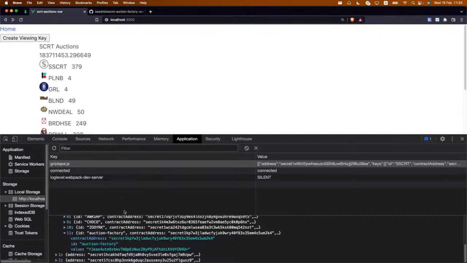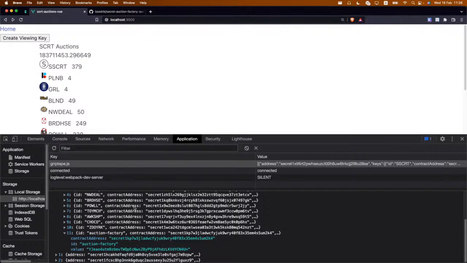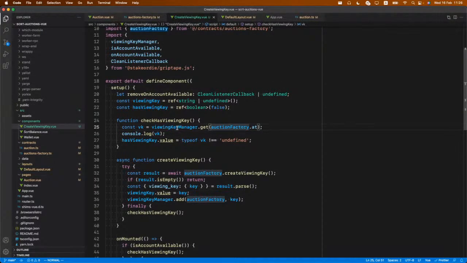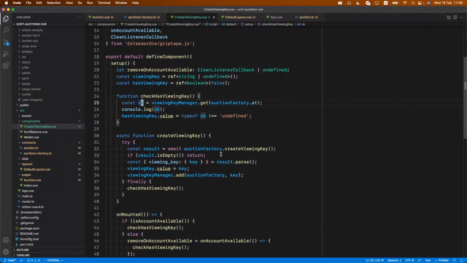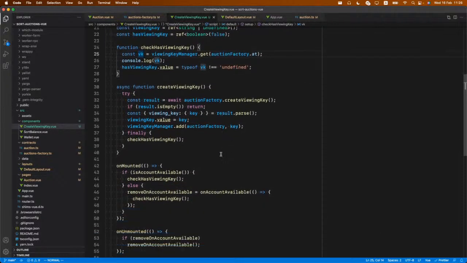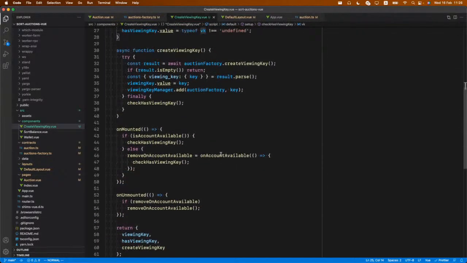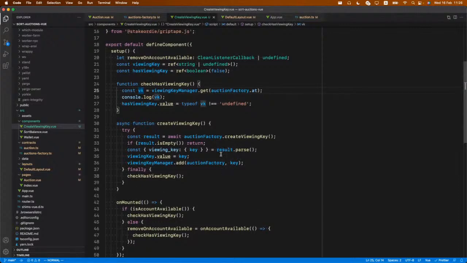I just took my eye off for a second. So we have the viewing key. Yeah, we do have the viewing key, but when I get it from the viewing key manager, I'm getting undefined. So